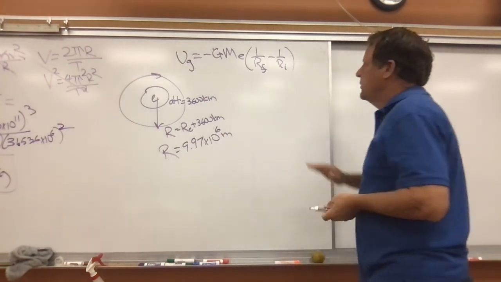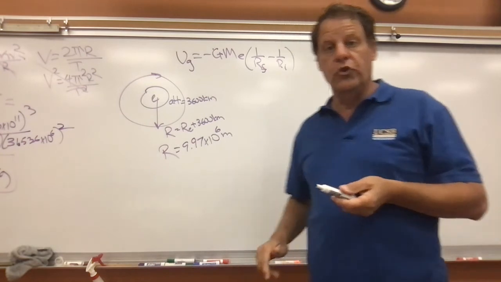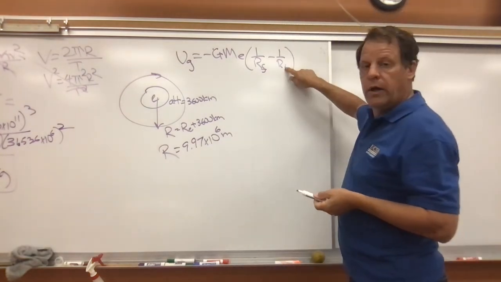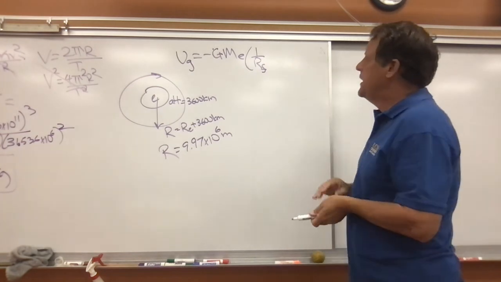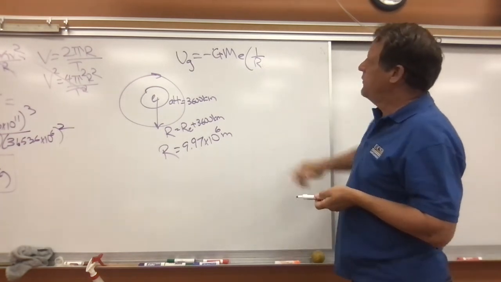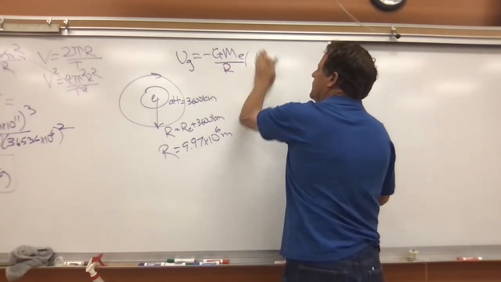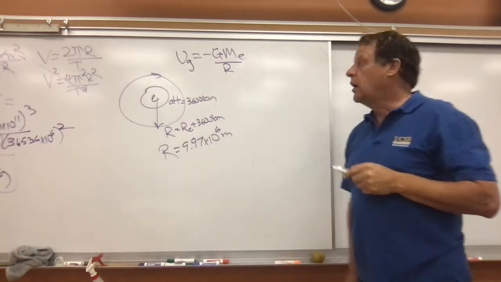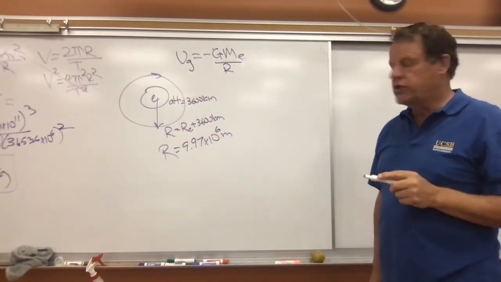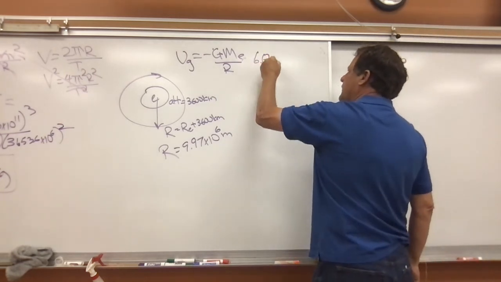Okay, so essentially what we have, if we're talking about relative to infinity, this is going to be 1 over infinity, which is just going to go to 0. And now we just have whatever radius we were talking about. So this is essentially just going to turn into this. So now we can calculate our gravitational potential energy, and that is going to be 6.67 times 10 to